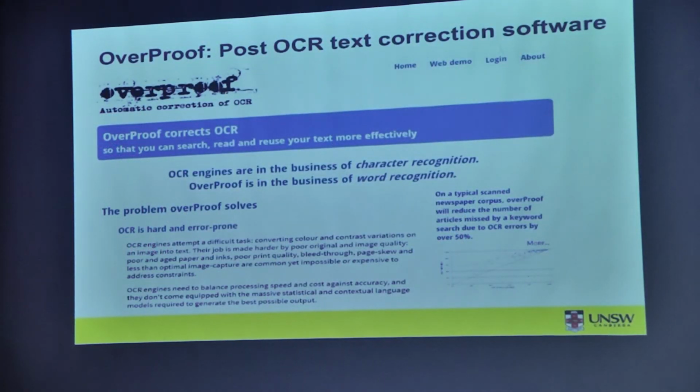I will now talk about Overproof, which is a product on the market that I would use if I was doing the same project again with English language newspapers. Overproof has been trained using many of the manual corrections applied to Australian newspapers and uses multiple OCR error models and models of the English language. It is noted that even the manual corpus still contains errors. The manually corrected corpus is referred to as the gold or the ground truth.